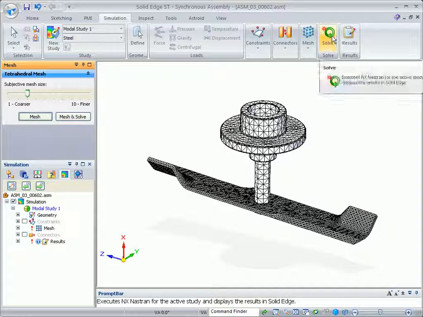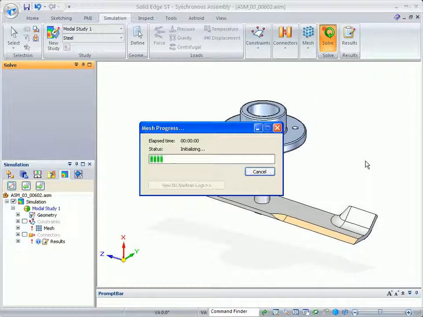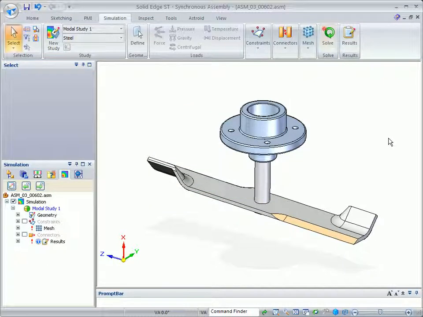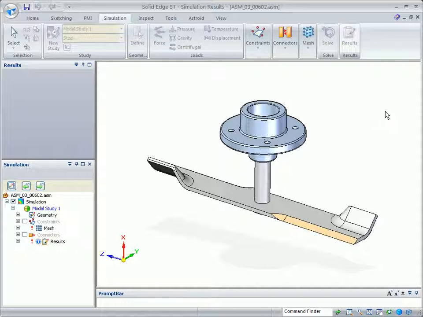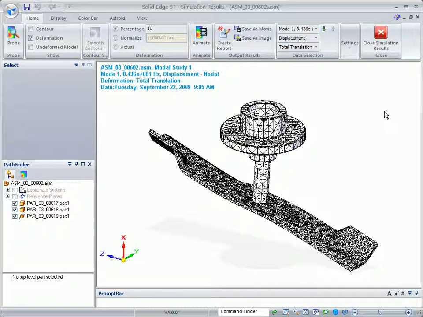You can, however, click on the solve if you'd like to kind of just show them how it runs, but I would suggest canceling it after you kick it off, just to show them that, and then go right into the results environment. Now with Solid Edge Simulation, the results is its own environment, and you can see that it has its own